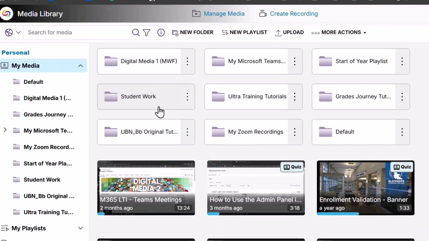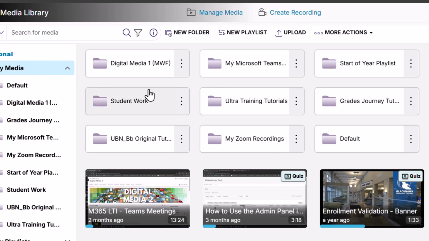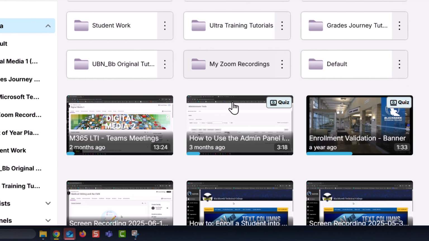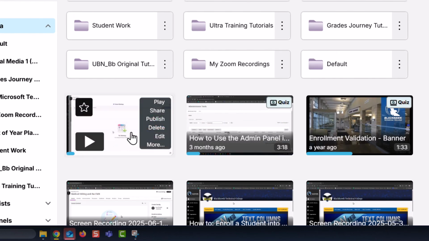So at the top we've got our folders all set up where we can store our different videos in our classes. We can create different folders by creating new folders up here, and that's your way to organize things. Right now, for the sake of keeping this simple, I'm going to focus on one of the videos that's